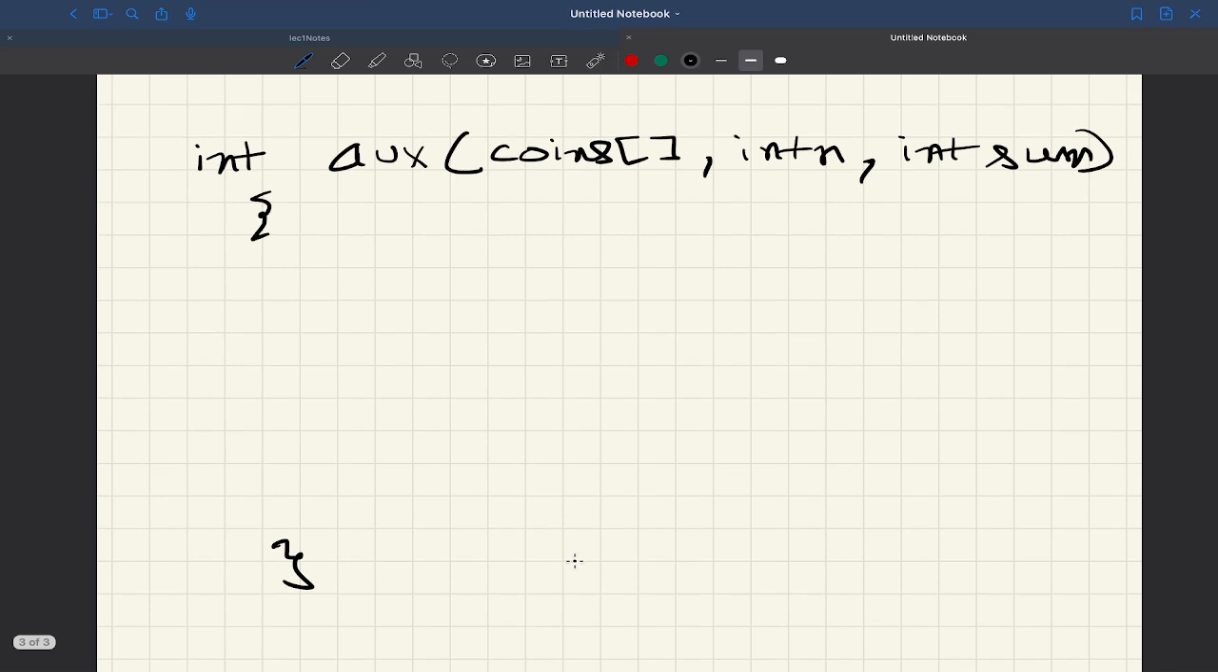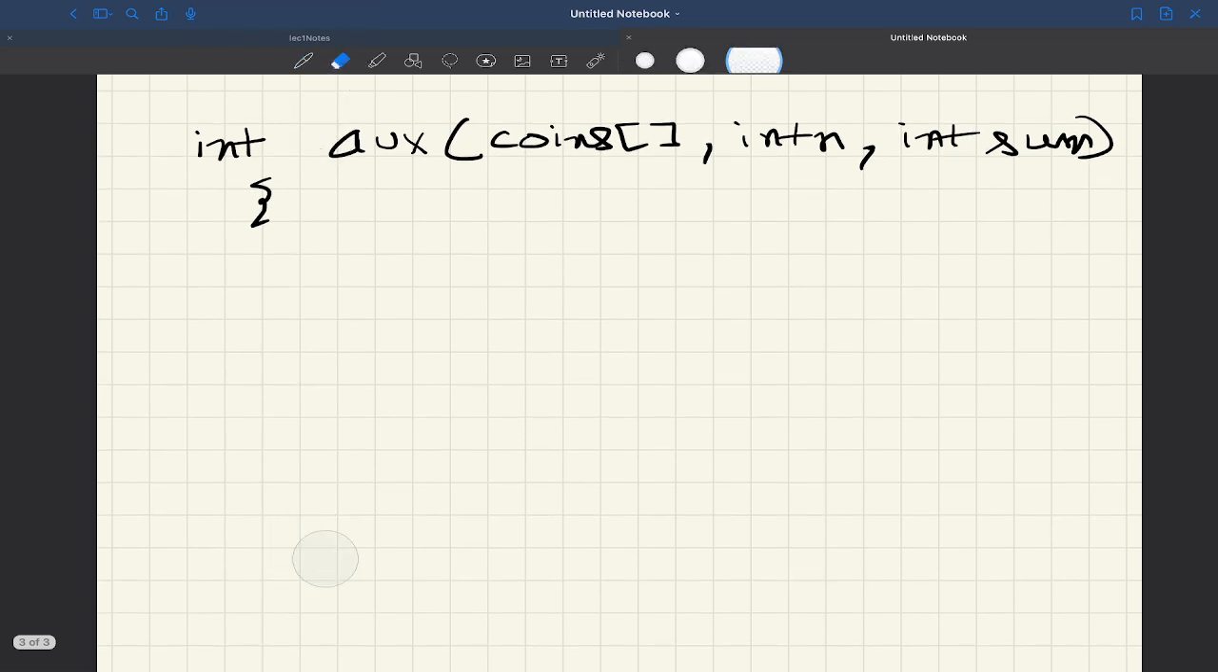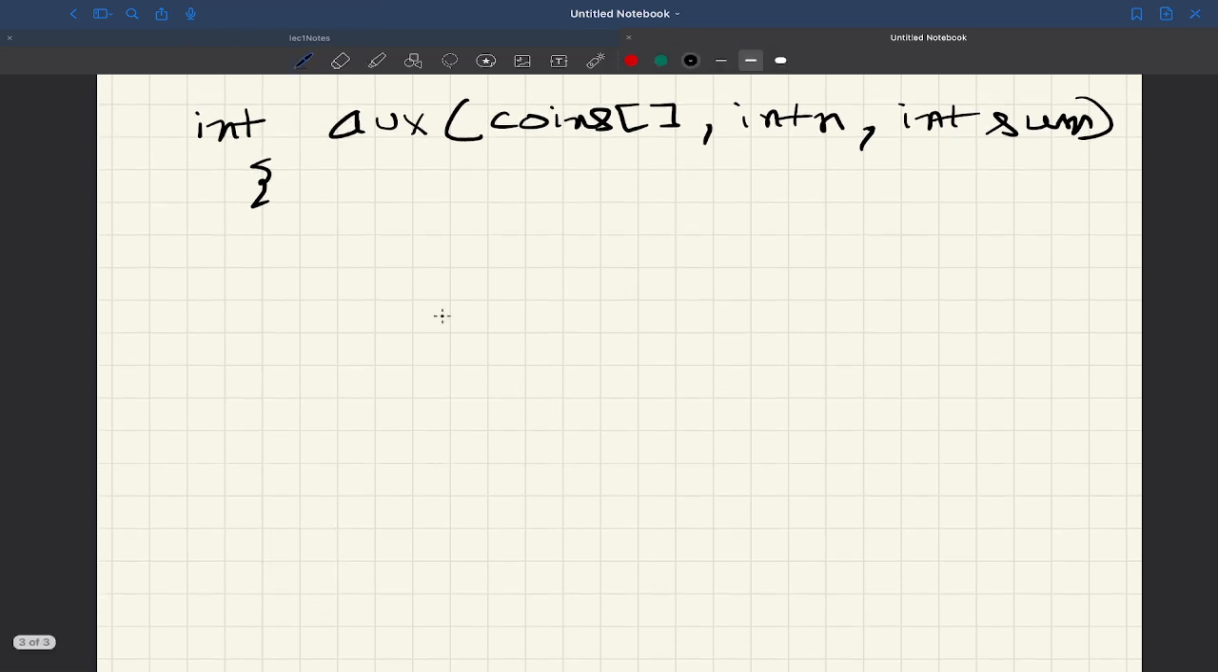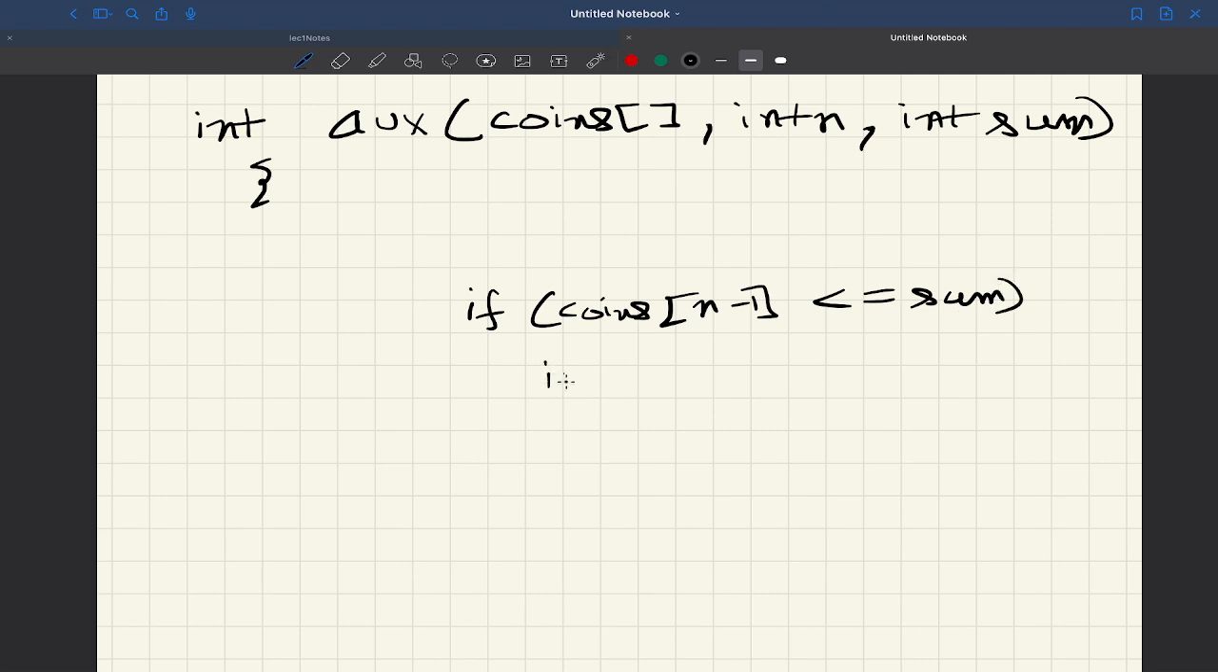So in recursion, I will write the first case. Let's start with the rightmost coin, and I have coins n minus 1. If this coin is less than or equal to sum, then I will recursively call for the rest of the array, and let's say I'm getting a number of ways equal to w1. And how will I make the recursive call? Aux. I will pass this array coins,